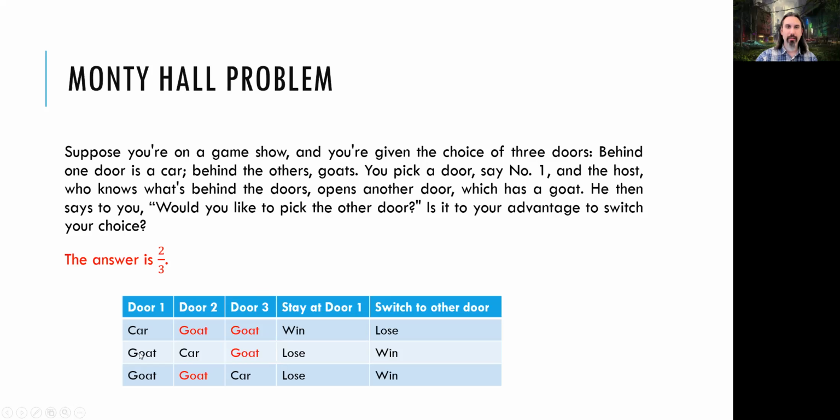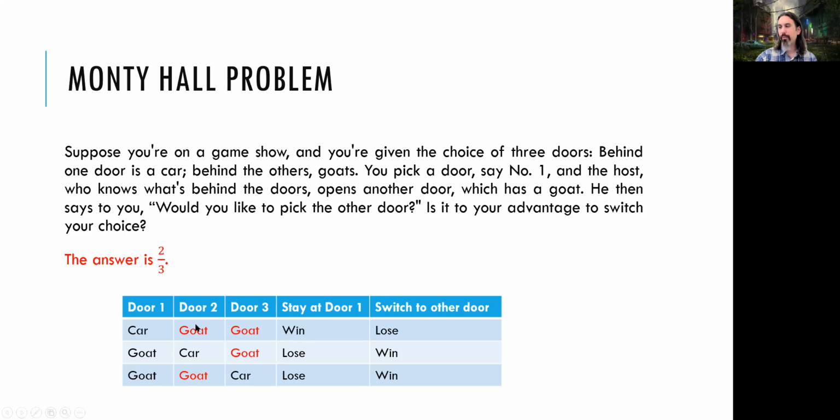When we pick the first door, it has a goat in it, and the car is in the second door. Then the game show host will show us the third door, because he cannot show us the second door. The car is in there. He knows where the car is. So when he shows us the goat, we can switch from door 1 to door 2, which will make us win. Or the car is in the third door, we are picking the first door, and he shows us the second door. Now, we are going to switch once again, and we pick the third door,